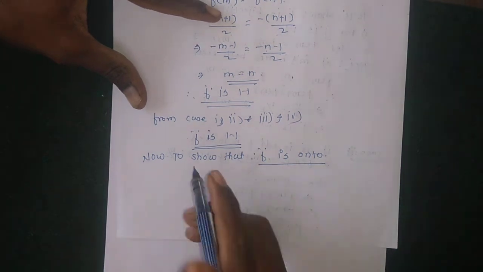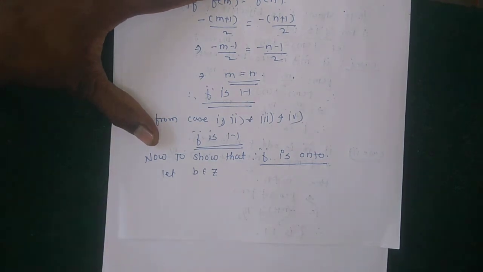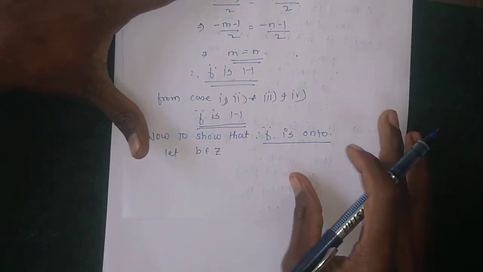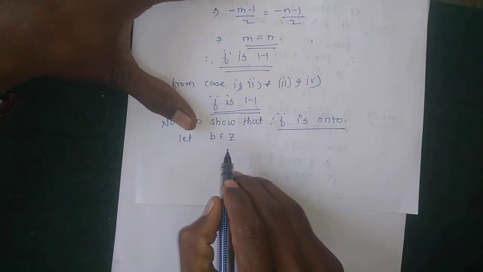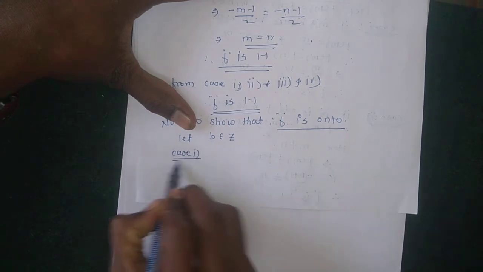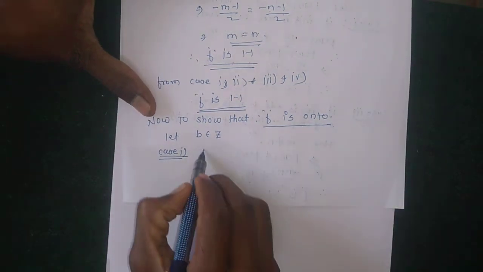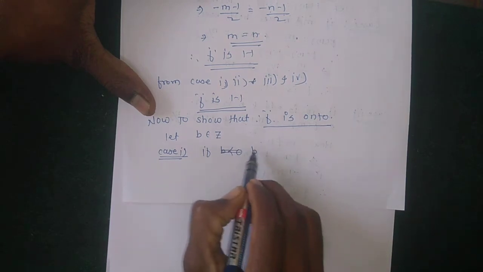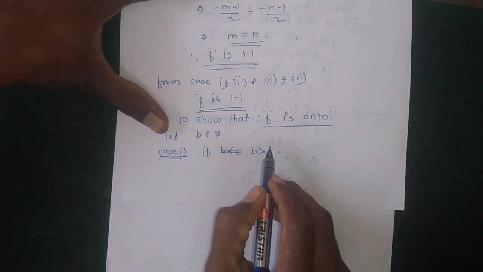So let b belong to the set of integers Z. Case first: if b is greater than 0, meaning b is a positive integer, then we choose